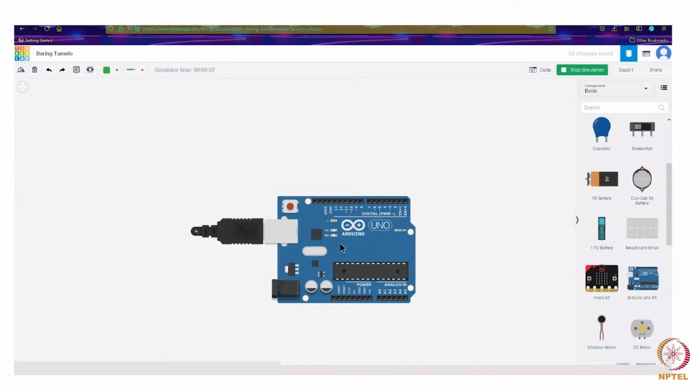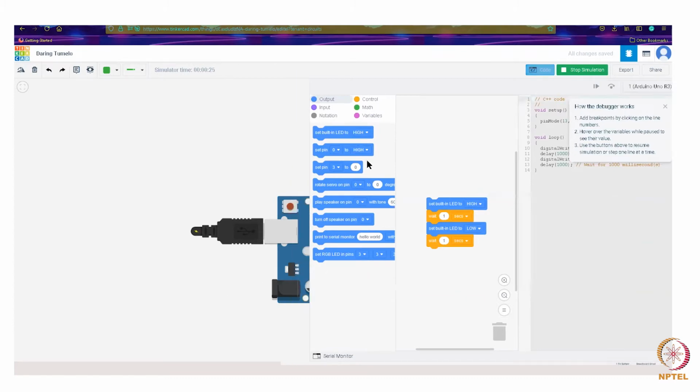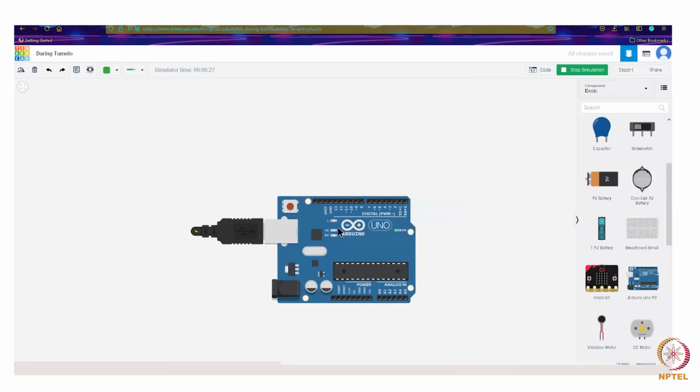our simulation. As you can see, the current Arduino board has a blink LED code written in it, which basically says set the built-in pin to high, wait for 1 millisecond, and set it back to low, and then wait for 1 millisecond. So this will be in a continuous loop, and things will be repetitive in a repetitive manner. If you see the built-in LED, this is the one we are talking about. This will be glowing continuously as it's already written there.